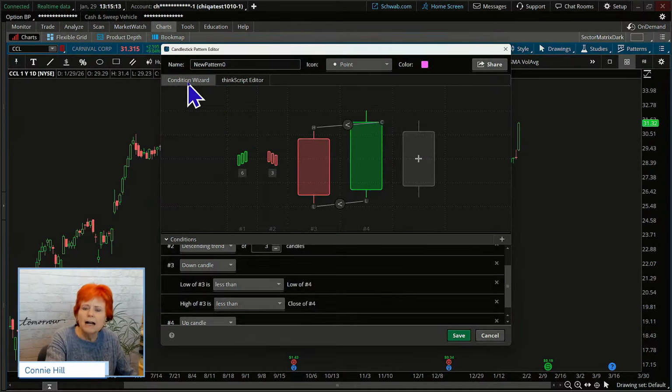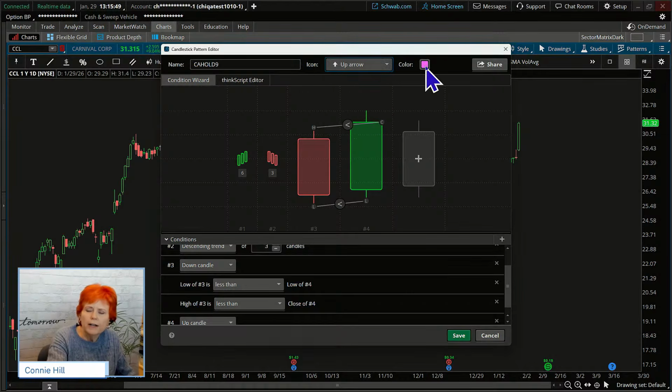Okay. Next, we want to give it a name. Now, I have several Caholds, but I'm going to build another Cahold here. I've got some different numbers on there. I don't think I'm using number 9, so I'm going to call it Cahold 9. And then we get to say what icon we want it to show us on the chart. I think it's convenient to show an up arrow where we get the Cahold candle. So we're going to choose an up arrow.